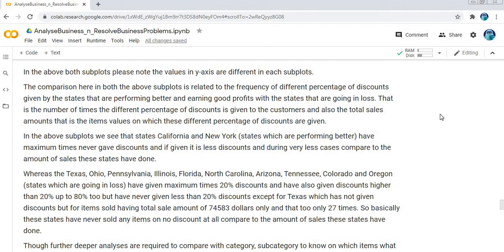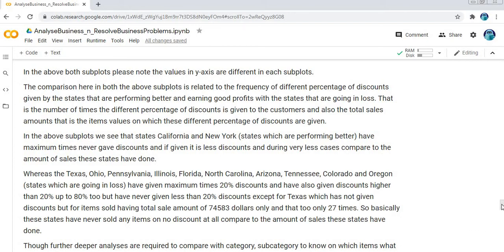In the above subplots, as I have shown you, the states California and New York, which are performing better, have given the maximum number of times no discount, and if they have given discount, it is very little discount and in very few cases compared to the amount of sales these states have done. Whereas all the 10 states which are going into loss have given the maximum number of times 20% discount and more than 20%, up to 80% discount, and only Texas has given no discount, but that was also for the total